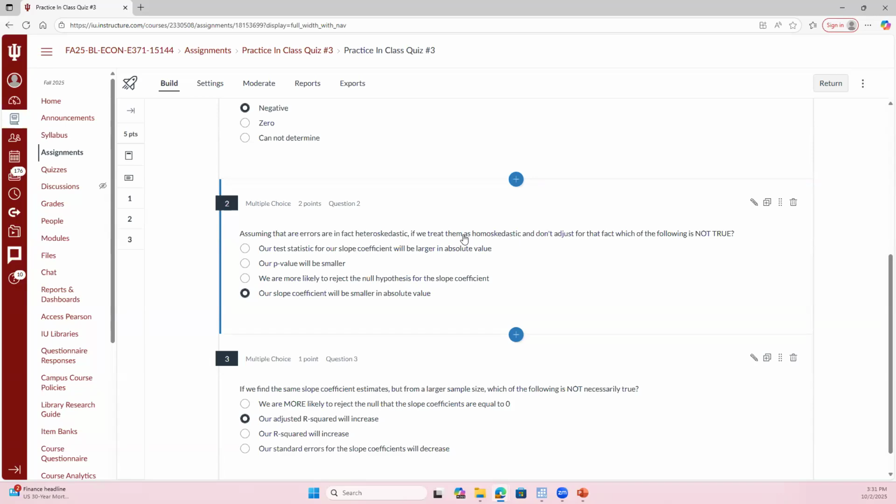What does the area to the right multiplied by 2 represent? For our linear regressions, we're always using a two-tailed test, so that was our p-value. So if the area is smaller, our p-value is going to be lower. If our p-value is lower, are we more or less likely to reject the null? So when we incorrectly treat those errors as homoscedastic, we're more likely to find